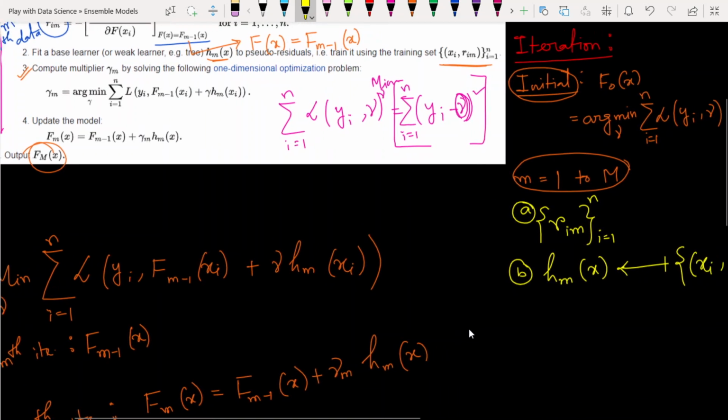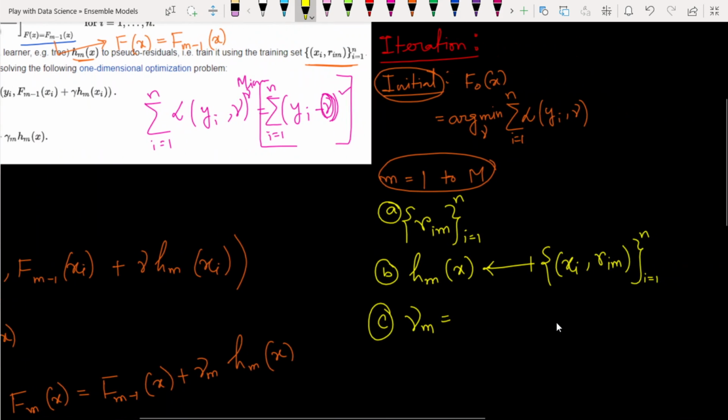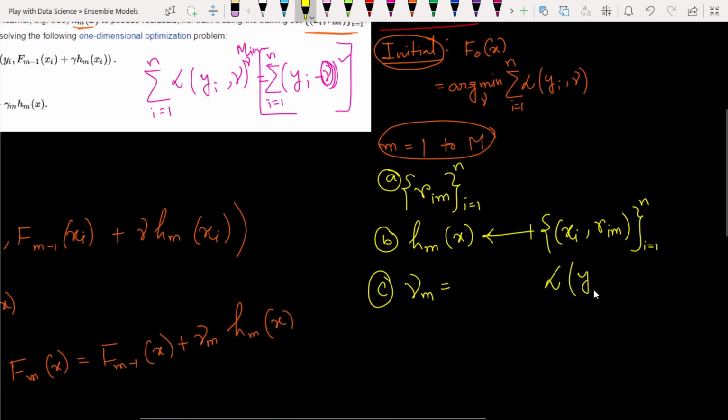In the third substage, we have to compute the gamma that is responsible for minimizing the loss function. So we have to compute gamma_m that minimizes the additive loss function. What are the loss functions here? The initial loss function is this one, L(y_i, f(x)). After updating,